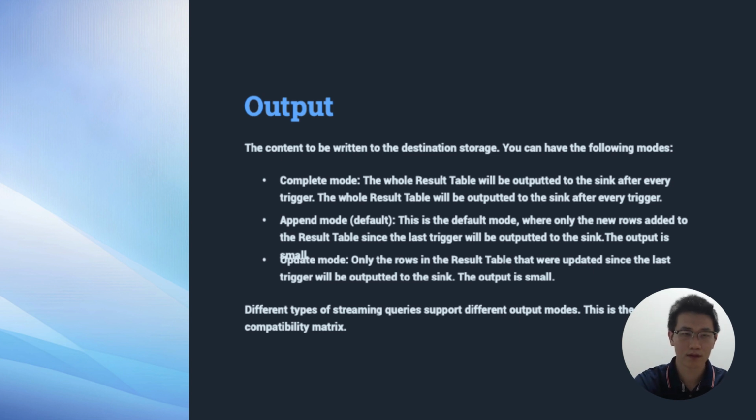The third mode is update mode. In this mode, it outputs data every time it completes a batch processing request. This mode is useful when you want to update data for certain scenarios. For example, if you are aggregating data by time buckets and you have processed part of the data during one batch processing, you may want to output the current